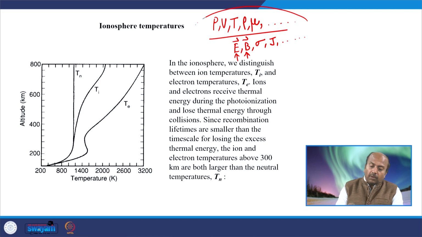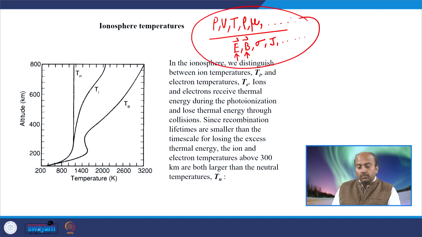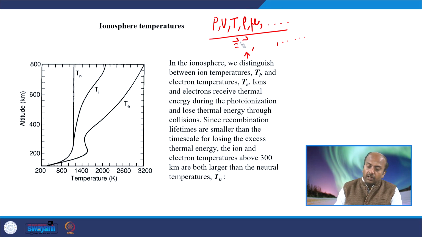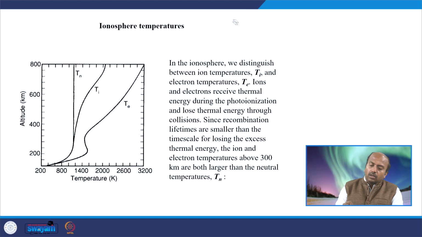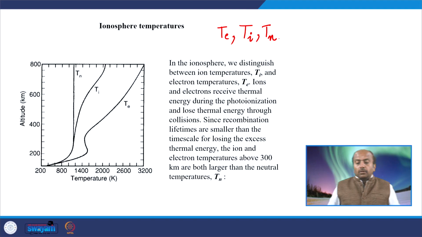So this is how the plasma state is different from the ideal gas. And more importantly, the fundamental idea of temperature is very simple in a neutral gas. It represents the average kinetic energy of the molecules. But in plasma, the temperature can be defined separately for electrons, which we call the electron temperature, ions, which we call the ion temperature, and for neutrals, you also have a neutral temperature. Ideally, the simple explanation which can describe these three variations of temperature is that if there are